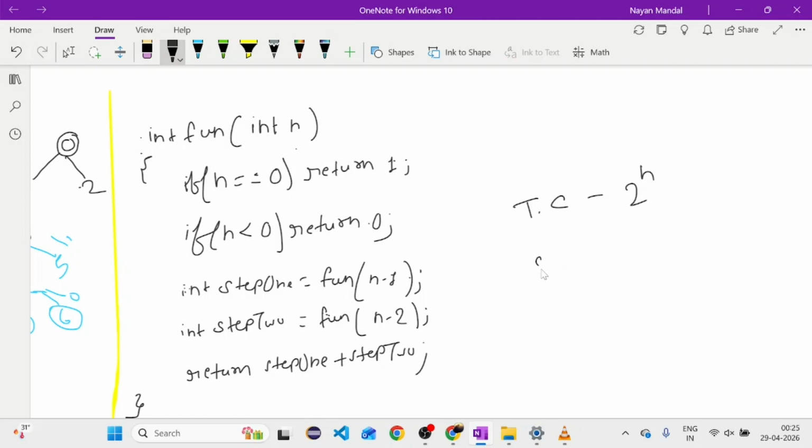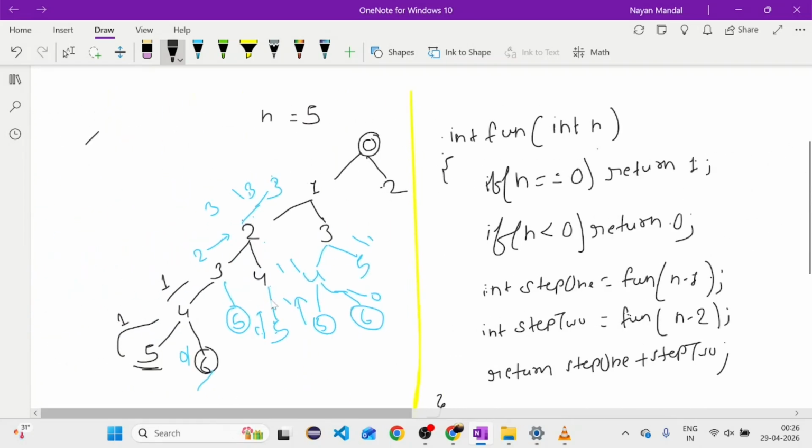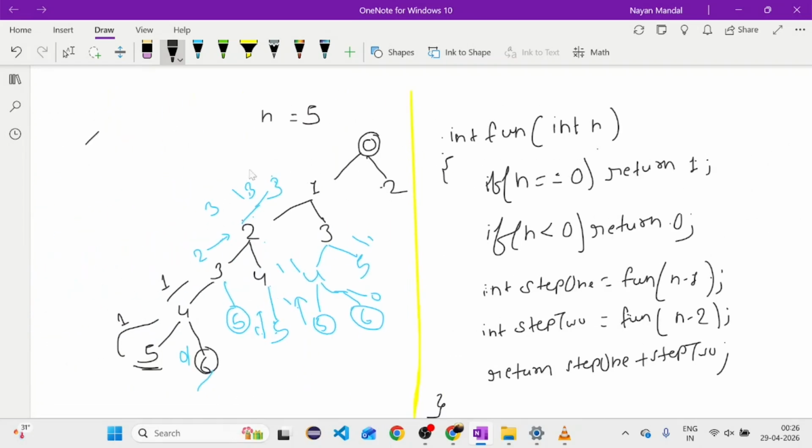If I talk about the space complexity, at max it can go to n, because of the stack space due to recursive calls, right? So how can we optimize this time complexity to the order of n? Definitely we can do it with the help of DP, dynamic programming. Let's try to understand. If I observe this recursive tree, there are so many steps which we are getting repeatedly. Somehow if we are able to store their answer at some place, definitely we can reuse that.